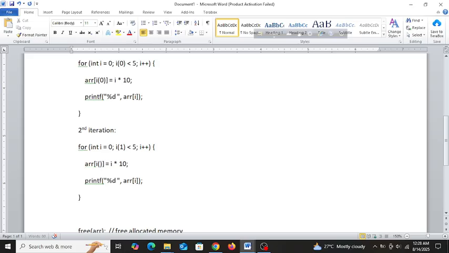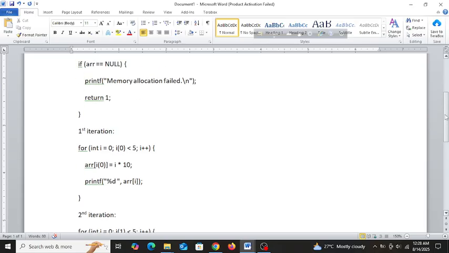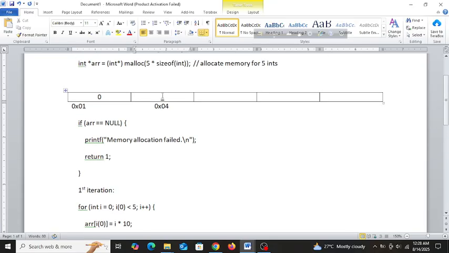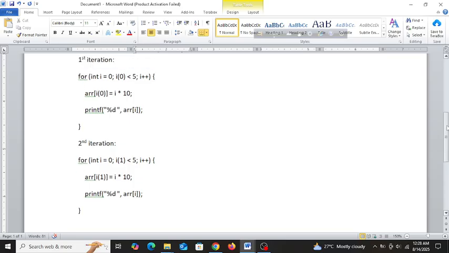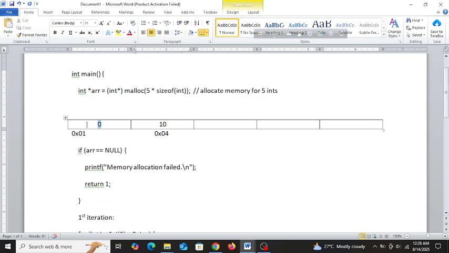So i's position is 1 into 10, that means 10. So in the first position, we will put 10. This one is 0th position, this one is first position. We need to keep in mind this, right?